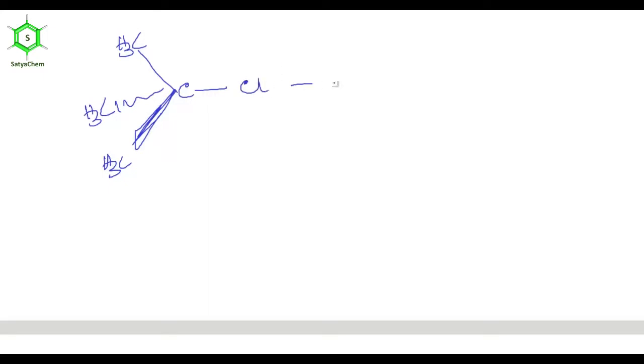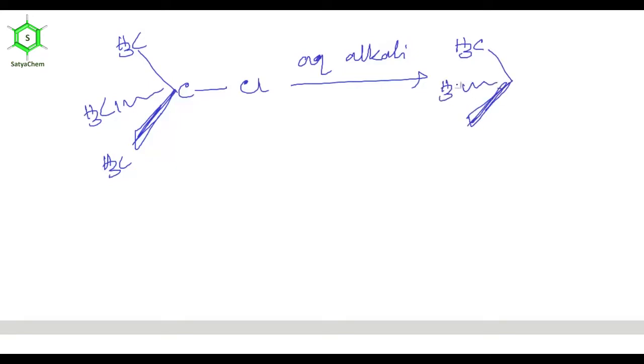And I am treating this tertiary alkyl halide with aqueous alkali, meaning aqueous sodium hydroxide or aqueous potassium hydroxide. Then the product is this one, a tertiary alcohol and Cl minus. Is that clear? Here the rate law is found to be